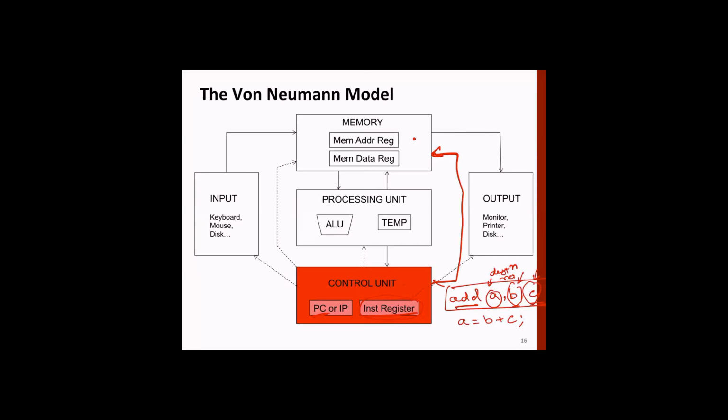Another interpretation could be that this shows the data path, not really the control path. You understand? Anything that has to do with control, or even fetching the instruction, is part of the control. It's not part of the actual data movement. This could be one interpretation in the model.